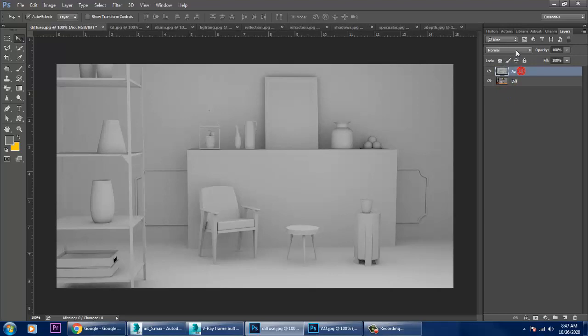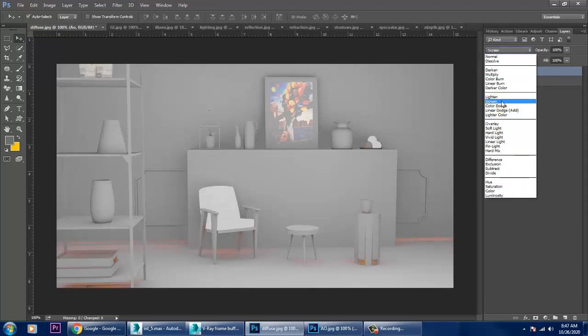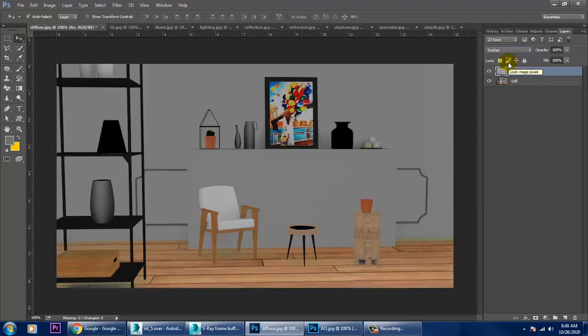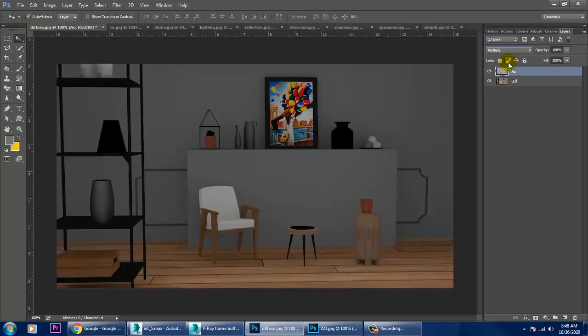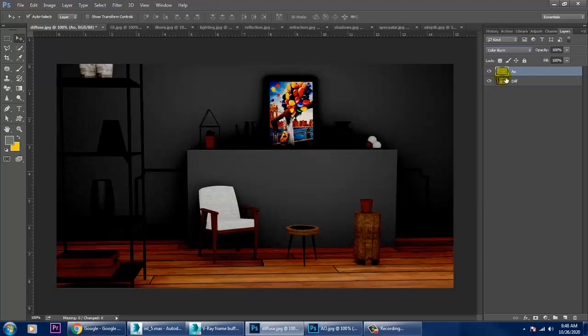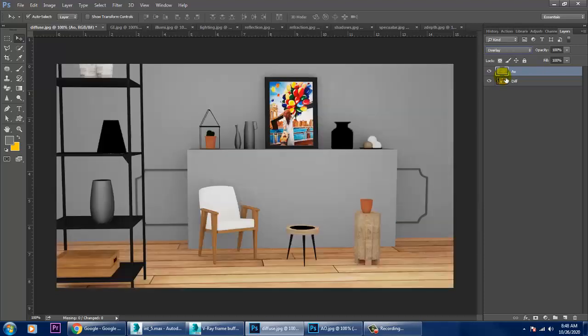If I use a screen over here, I can also use any other pass. You can see the difference. See this? It definitely gives a bit of depth over here. So we can see other stuff also, like you can also use overlay. Overlay is good. See this. So it's giving you soft depth over here using this ambient occlusion pass.